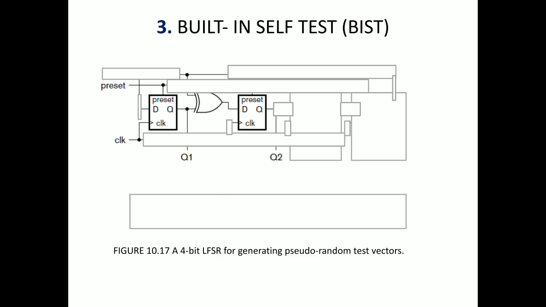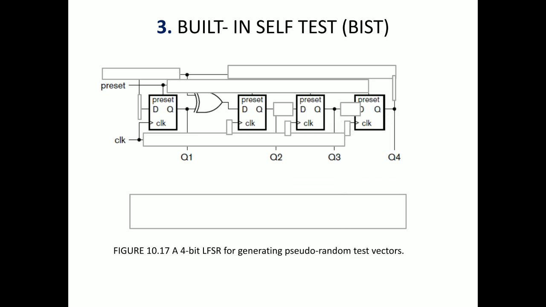Next, we take 2 more flip-flops, because we are constructing a 4-bit LFSR, so 4 flip-flops are there. All the outputs are parallel, and the output of each flip-flop is given as input to the next flip-flop, except for the second flip-flop. For the second flip-flop, the input is the output of the XOR gate, where one input of the XOR gate is the first flip-flop output, and the other input is the feedback from the last flip-flop. For the rest, the third flip-flop input is the second flip-flop output, and the fourth flip-flop input is the third flip-flop output.